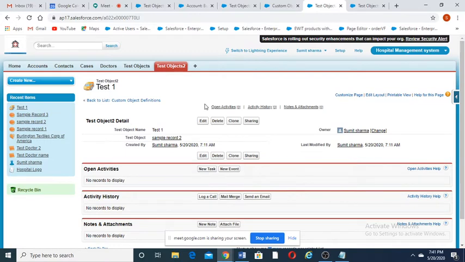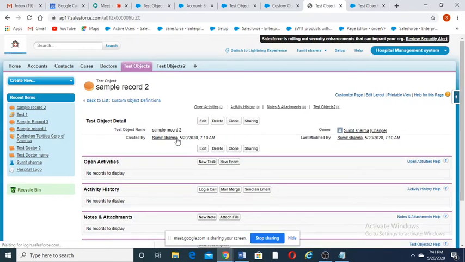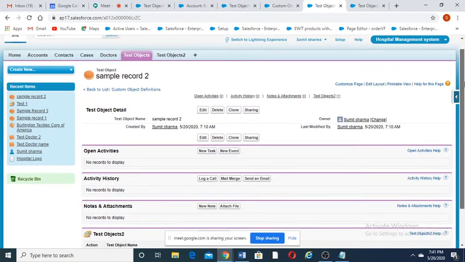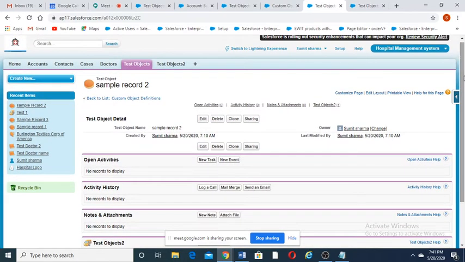Now the test 1 record in test object 2 is linked to this test object record, which is sample record 2. When I click on this sample record 2, it will take me to this test object.